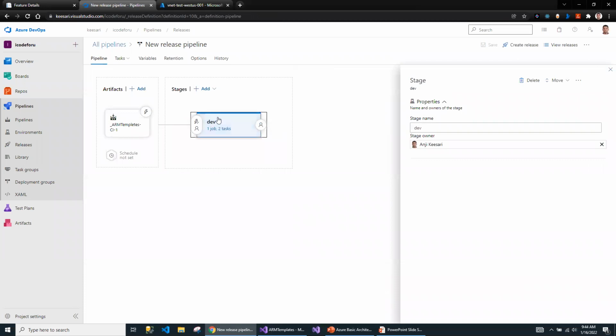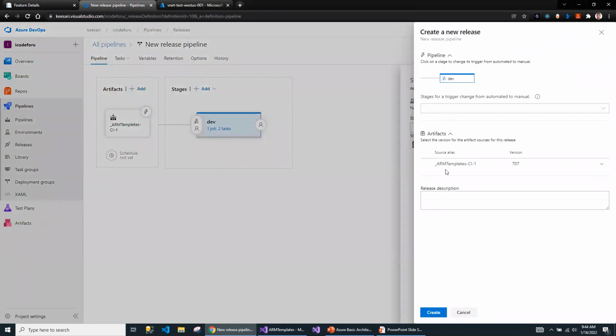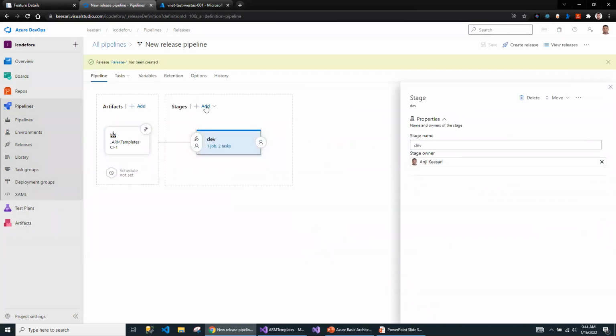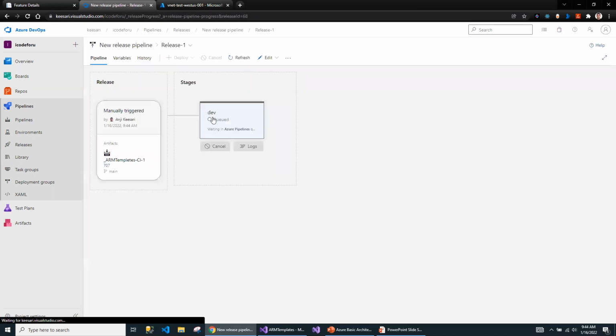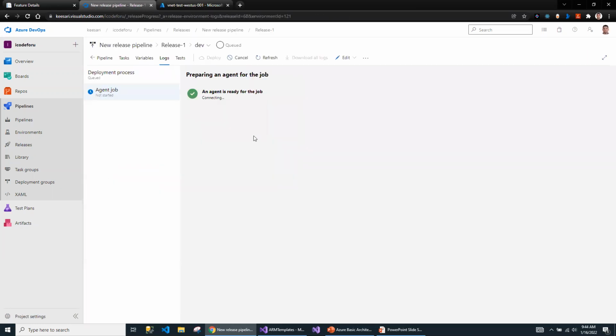And this is my pipeline, the dev pipeline. Now let's create the release to make sure that the code is getting deployed to dev as part of this. So you can look at the logs and you can monitor. So the step one, it is trying to connect to the existing agent job. So this is using the default agent from the Azure.